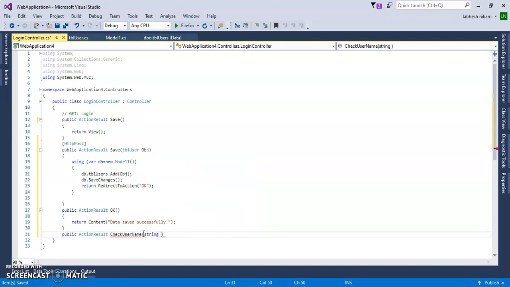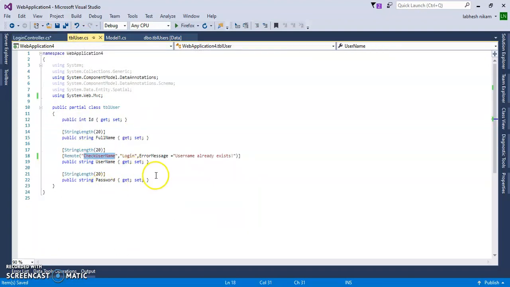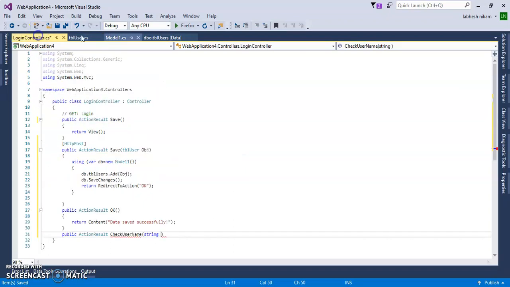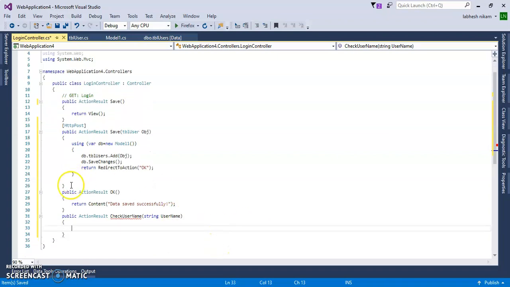So string, and the table has this username, so copy this and write here string username. You must have the same username letters as per the table, okay.